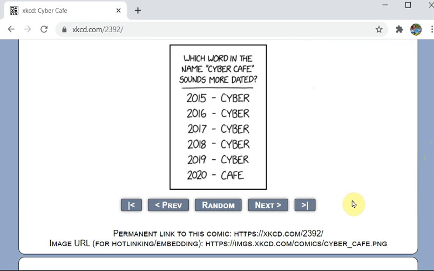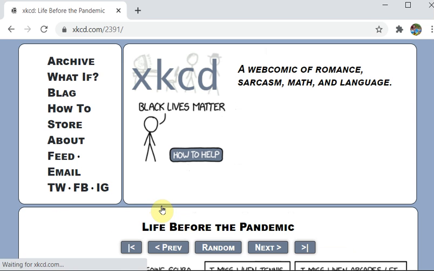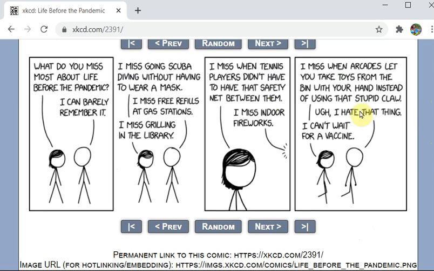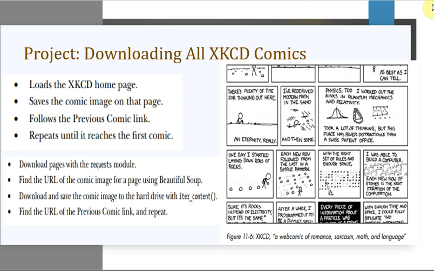So instead of doing this, let us have a script which is going to do the task for us, like clicking the previous button. Our script is going to do that task. That is, it is going to go to the previous post and save that post for us. Okay, I'll just close this browser for now. We'll come back to the PPT here.